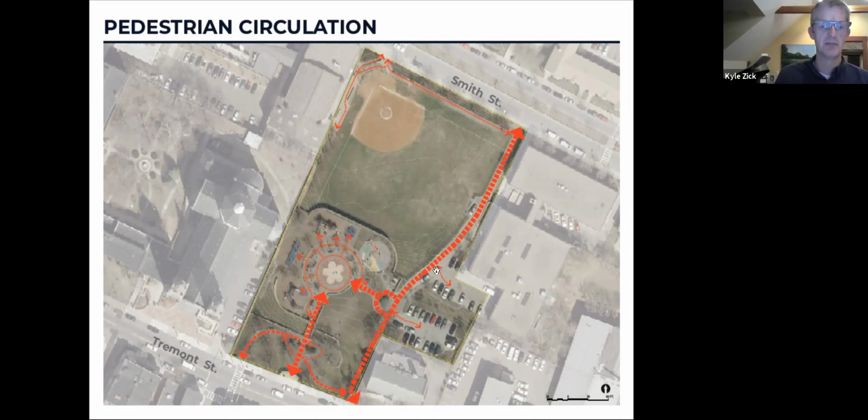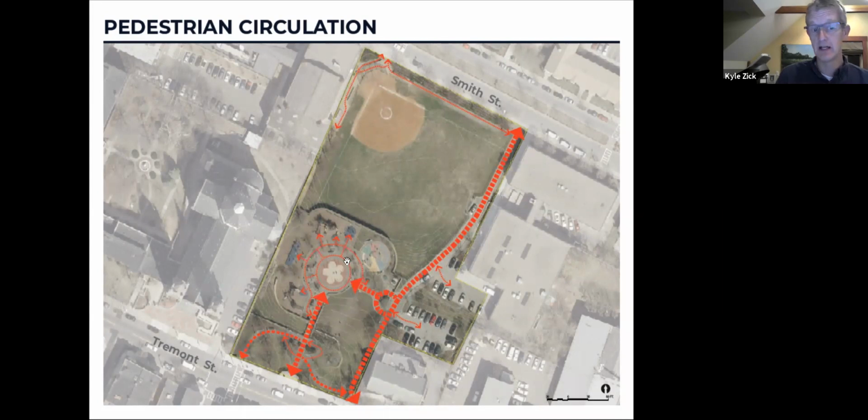And then we show these minor connections if you were getting out of your car and then either going to the school, the library, or the park. And there is access off of Smith Street through stairs and an accessible ramp to get you to the playing field and the players' benches, and as a cut through to other circulation routes.